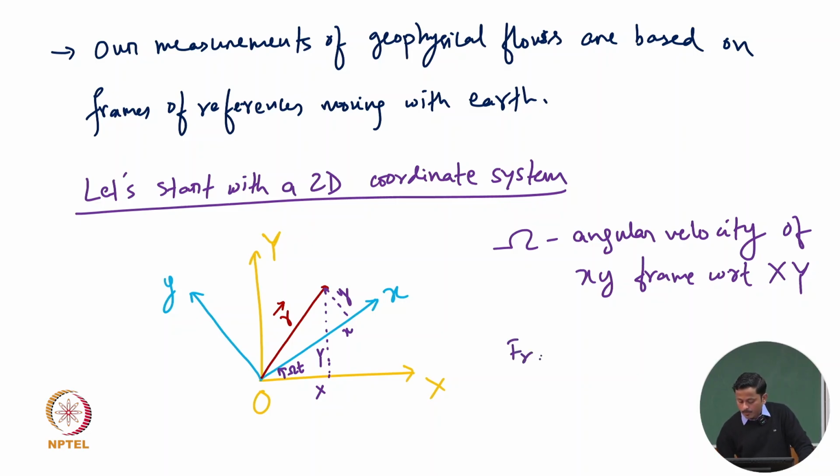So frame capital XY is fixed, and small xy is rotating at angular velocity omega. So this is a vector. Angular velocity is a vector. So now